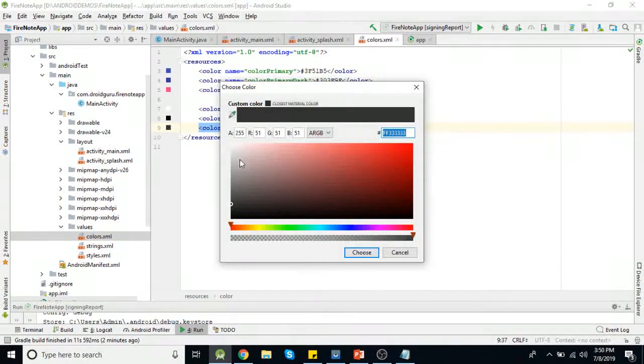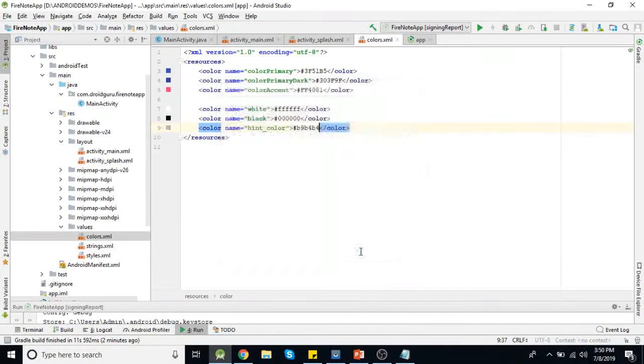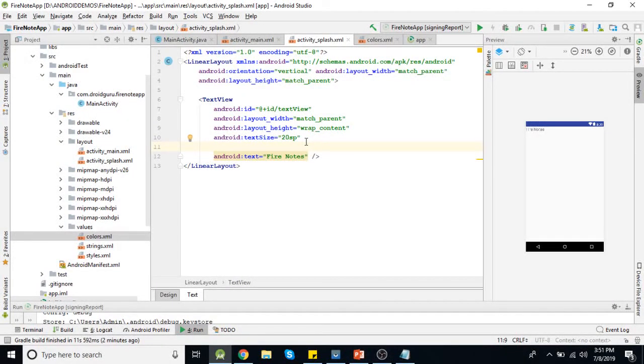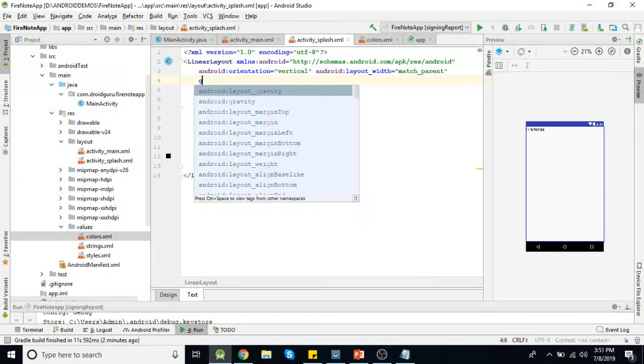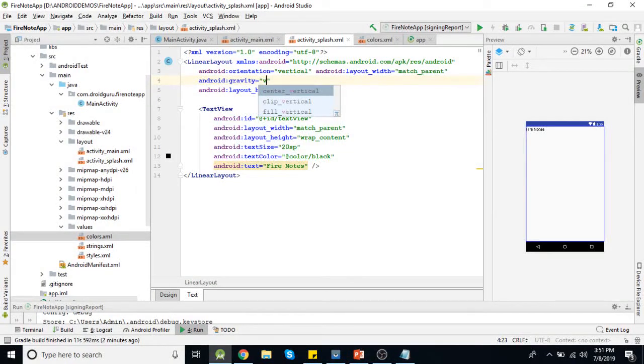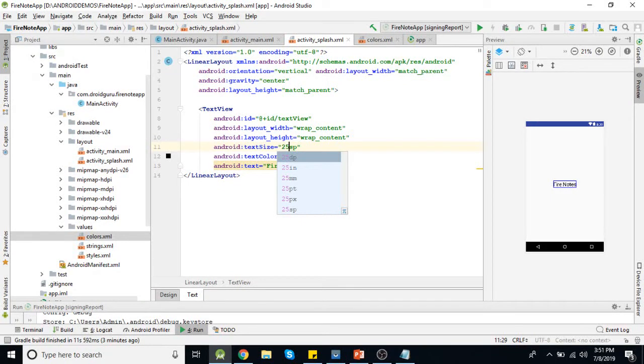It's too dark. Okay, fine. If we require some more colors, we'll add them later. So here we'll set text color as black, and we need to keep it at the center, so gravity will be center. Okay, so our simple splash screen is ready.